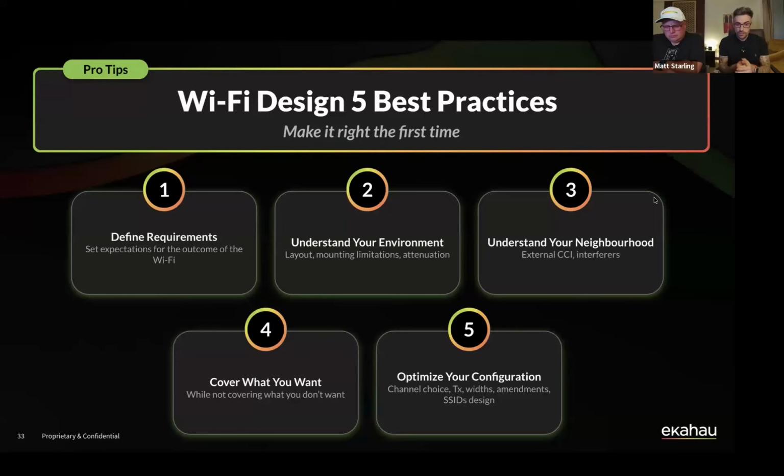Understanding your environment, going to site, making sure you know what is physically there, the attenuation of your walls, your channels, your interferers, what APs you have, and where you want to place your APs. Can you place them there without being surrounded by all of that air conditioning, ducting, metal piping that we saw earlier? It can play a big part in impacting the performance of your Wi-Fi network. So going to site, physical inspection, RF inspection, understanding your neighbors, your interferers.